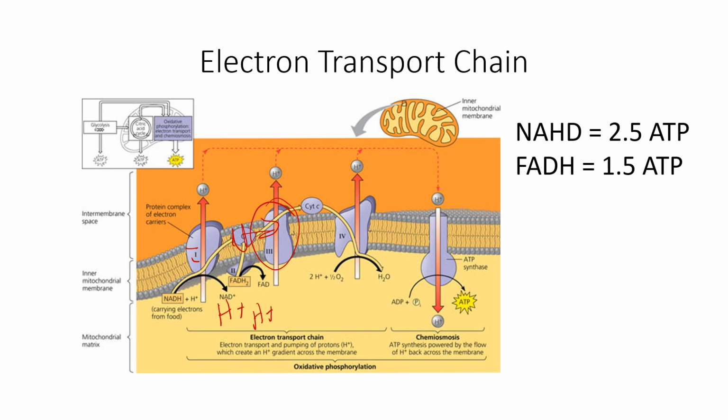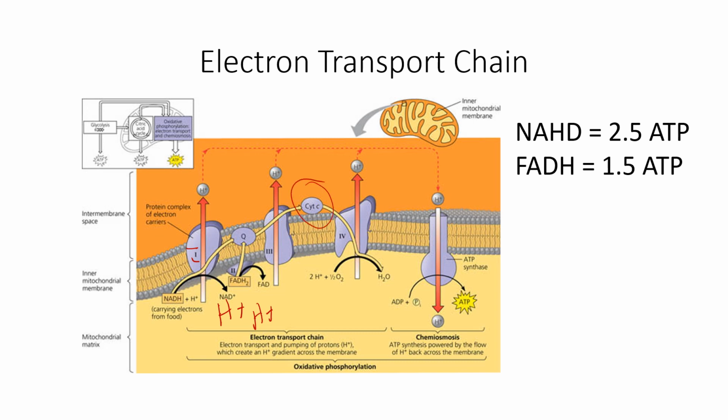So complex 3 has now been reduced. Next, what happens? What we have here is what's called cytochrome C. Cytochrome C is going to come over to complex 3, and it is going to oxidize complex 3, meaning that it is going to take the electrons from complex 3, and cytochrome C itself will become